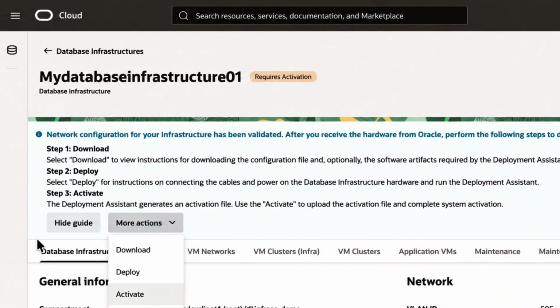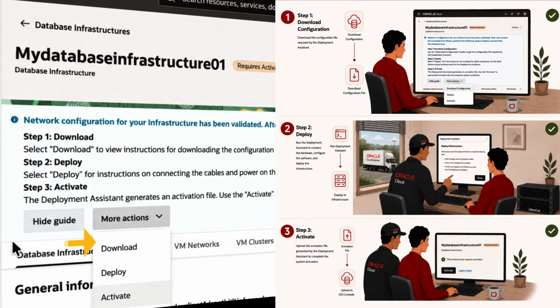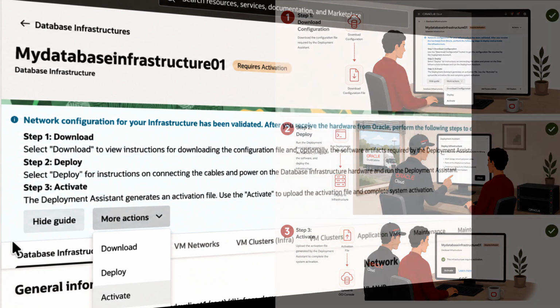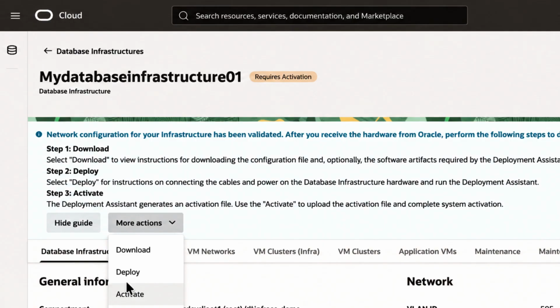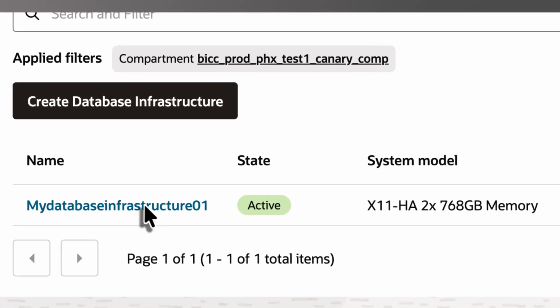Complete the activation workflow by downloading the generated configuration file, deploying the system using the deployment assistant, and then activating the data infrastructure. The deployment assistant generates an activation file, which you will upload during the activate step to complete the activation process. When the lifecycle state changes to active, the data infrastructure is ready for the next stage of